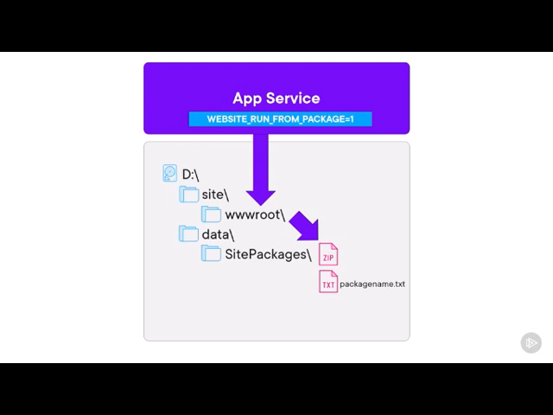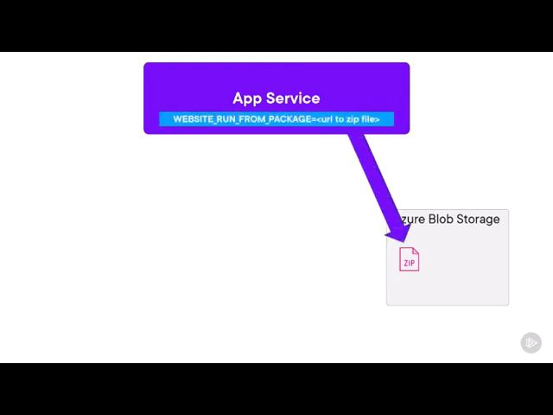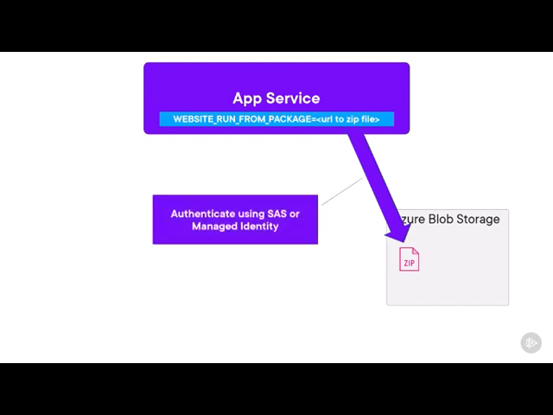You can do this all manually by connecting to the file share using FTP, but there's an Azure CLI command that can create the site packages folder and the text file for you. I'll show you that in the demo. Alternatively, you can also copy the zip file to Azure Storage and set the same application setting to the URL to that zip file. And App Service will mount the zip file from there and use it as the application code. You can secure the file from internet access using a shared access signature or using a managed identity, where the App Service has a security principal in Azure Active Directory,